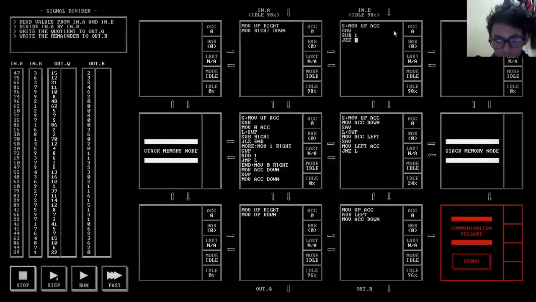So this is not 1. I've been asked to divide by a number, but it isn't 1. So what do I need to do? I just need to send this guy straight back at itself. Move left, left. And then I need to send this guy down. Now I could add 1, but I could